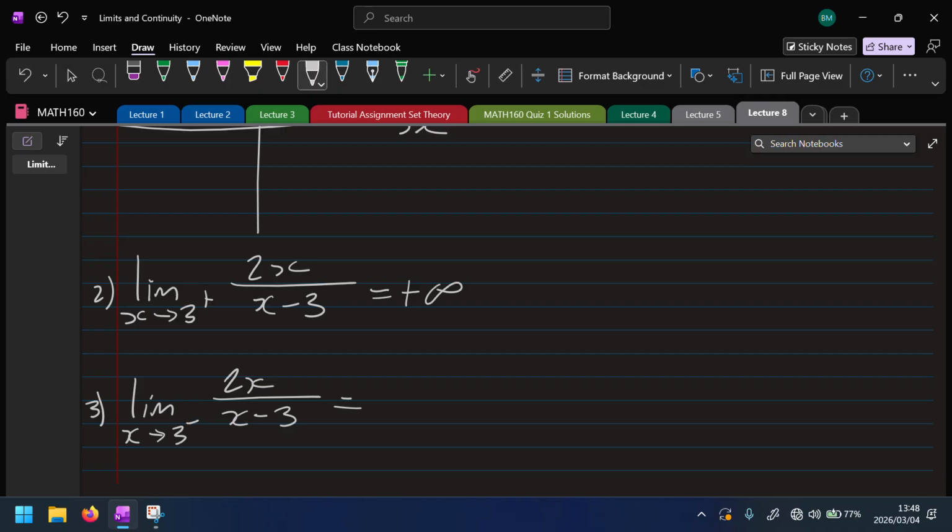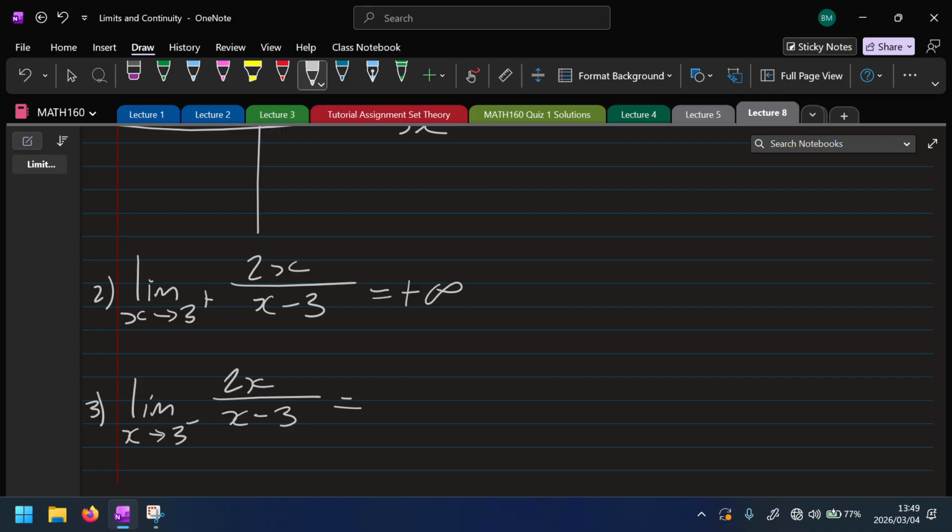In the top? No, not negative. We are something smaller than 3. I never said less than 0. So less than 6. Thank you. So the top will be less than 6. Positive, right? So the top is something close to 6. The bottom is negative and getting smaller. So we have something positive over something negative that is very small. We take a fraction, we divide it by something very, very small. It becomes,